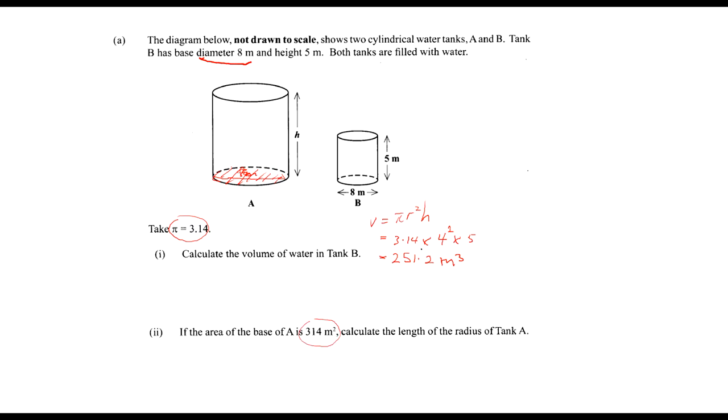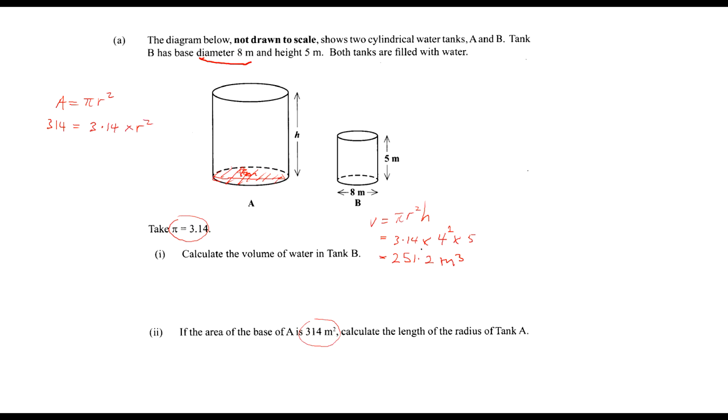What is the length of the radius? So the base is a circle, and they told us the area. So we know the area of a circle is pi r squared, and they gave us the area as 314 meters squared. We know pi is 3.14